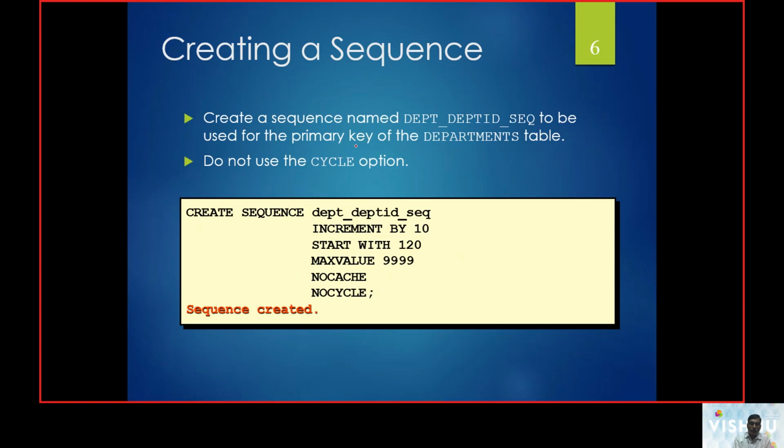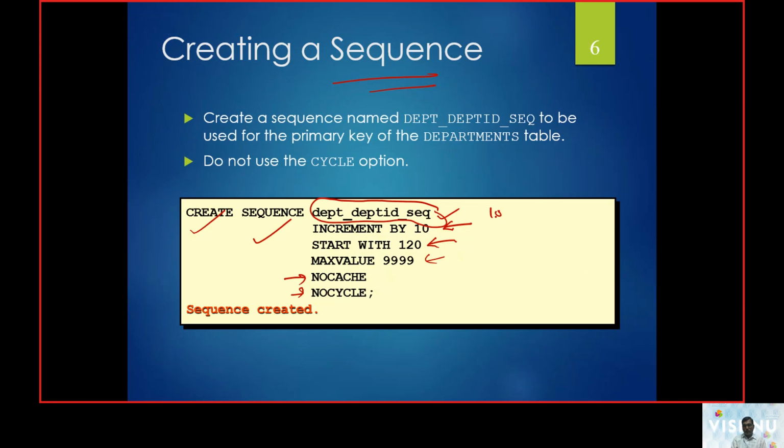Now here is an example of how a sequence is going to be created. Create sequence, and the user defined name for a sequence. It was given as department ID sequence, and it is going to be incremented by 10. It starts at 120 and is going to end at 9999, and there are no cycles and there is no cache.